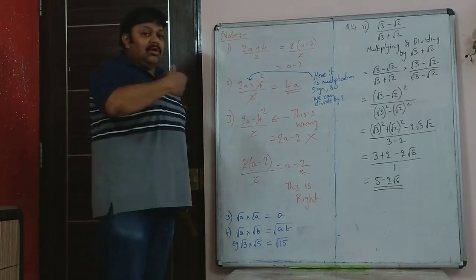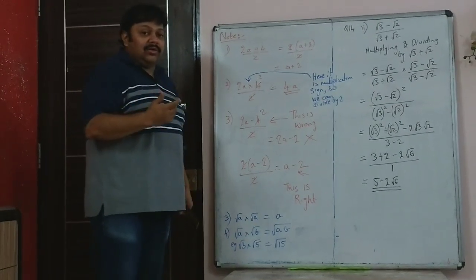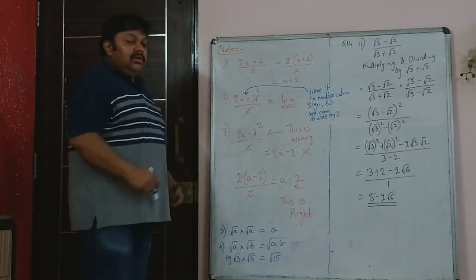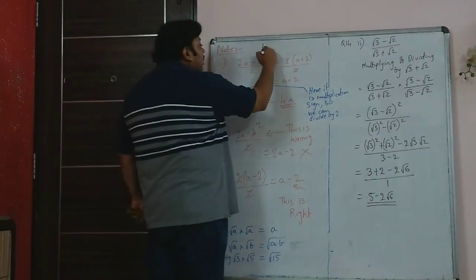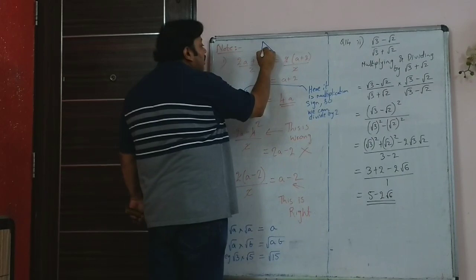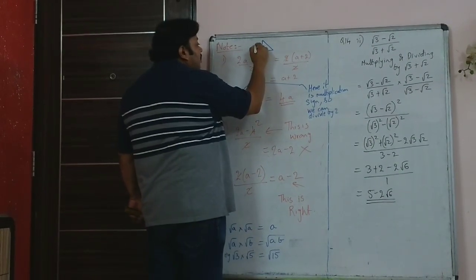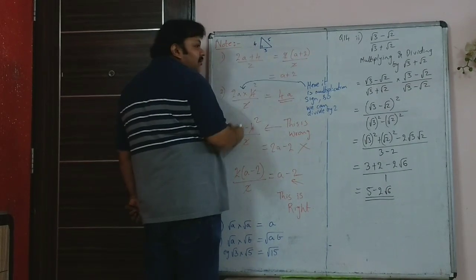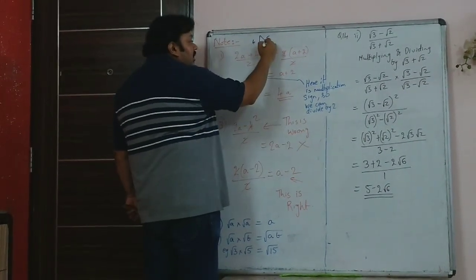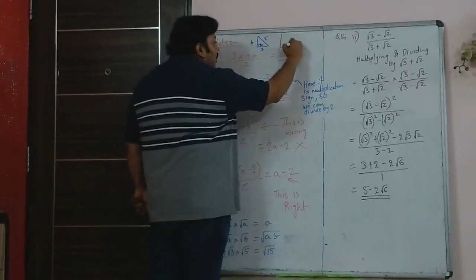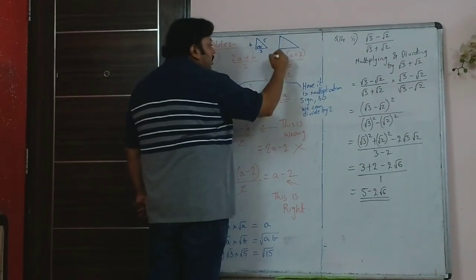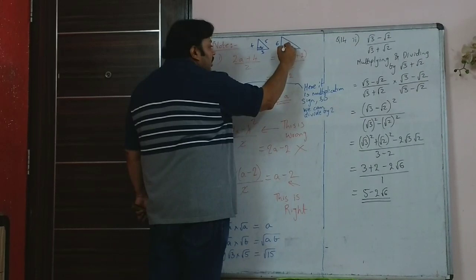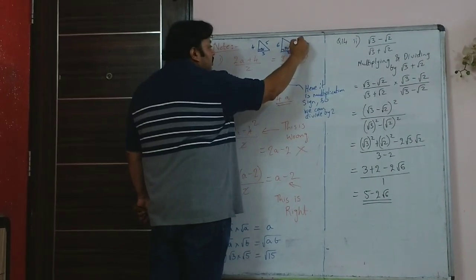It is like in congruency, I was correcting the papers. If you have two different triangles, if you have two different right angle triangles, let's say this is a right angle triangle and this is 4, 3. So by Pythagoras theorem, you will know this is 5. And this angle is 90 degree. And this is another right angle triangle. In this it is 6, 8. This is 90 degree. And this is 10.